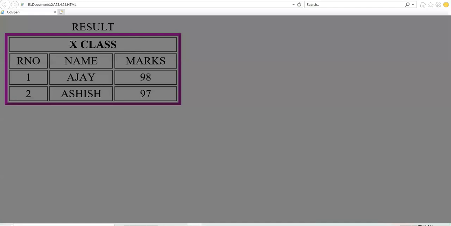It is spanning across 3 columns. And see the movement. It is in horizontal direction. Okay. Am I clear? This is caption. Can you see the shaded portion, result? This is caption, just above the table.